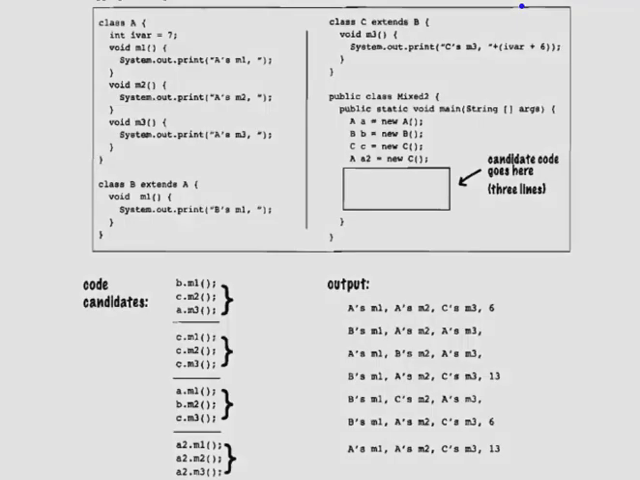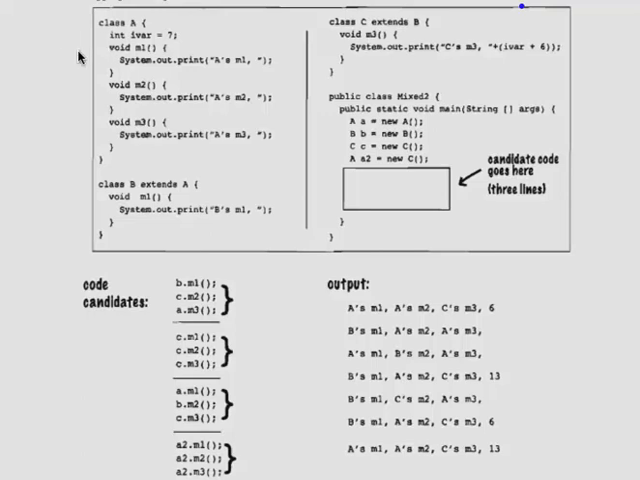Hello. In this video, we're going to explain the solutions to the problem from the class for the Java programming course. In the problem